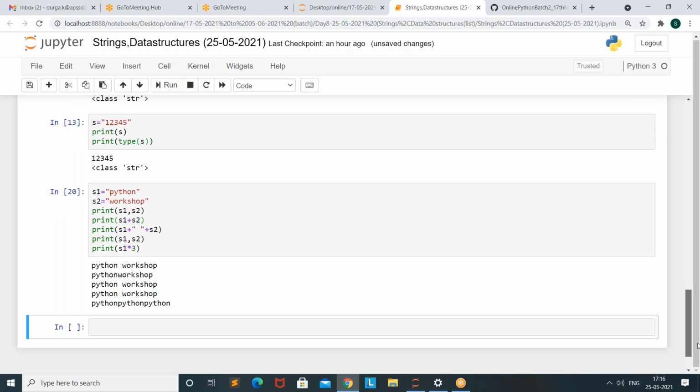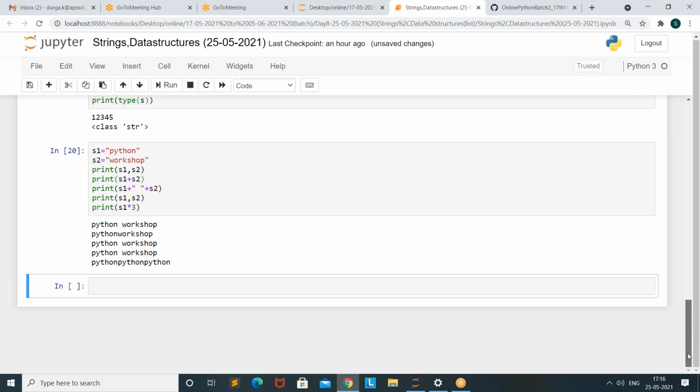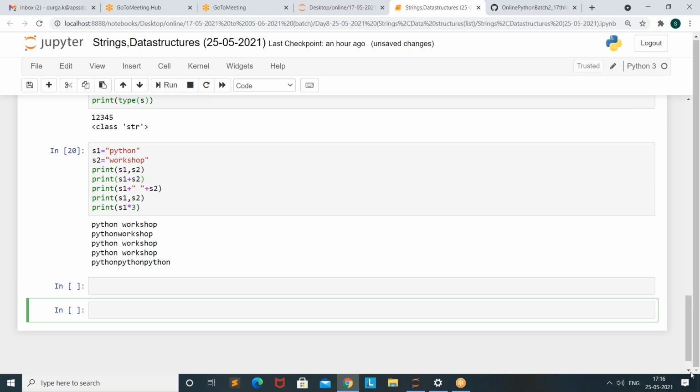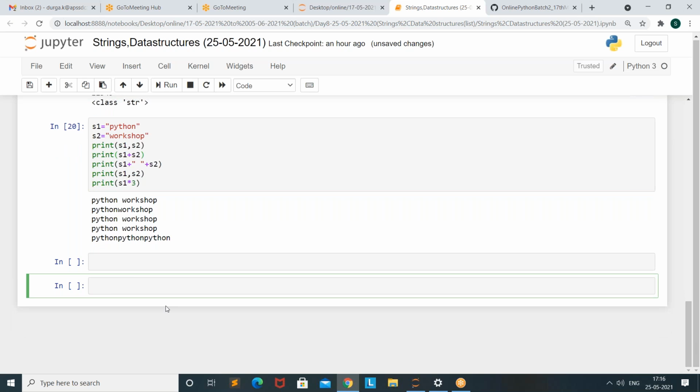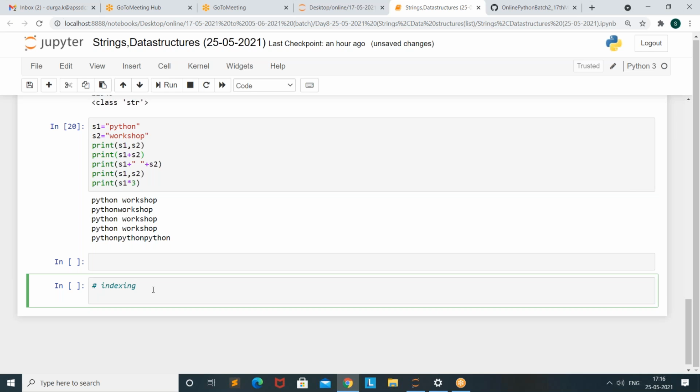Okay. So we will discuss indexing. In Python, indexing is a most useful and important topic. Indexing is used to retrieve the values.